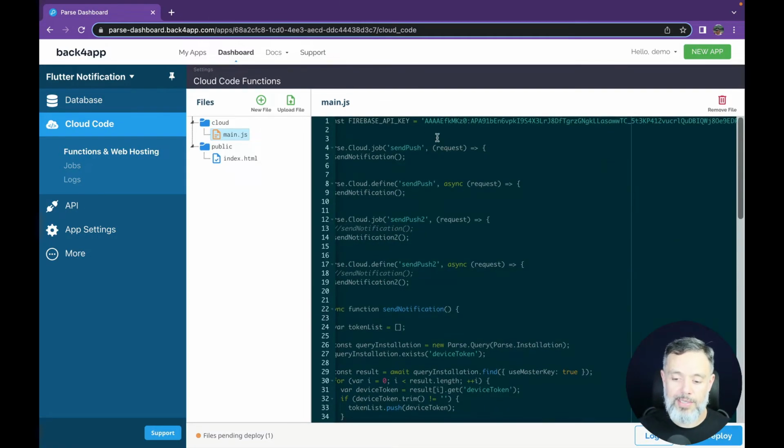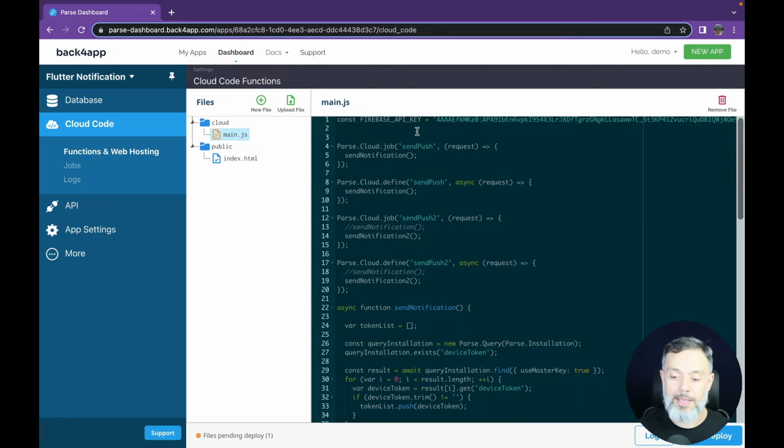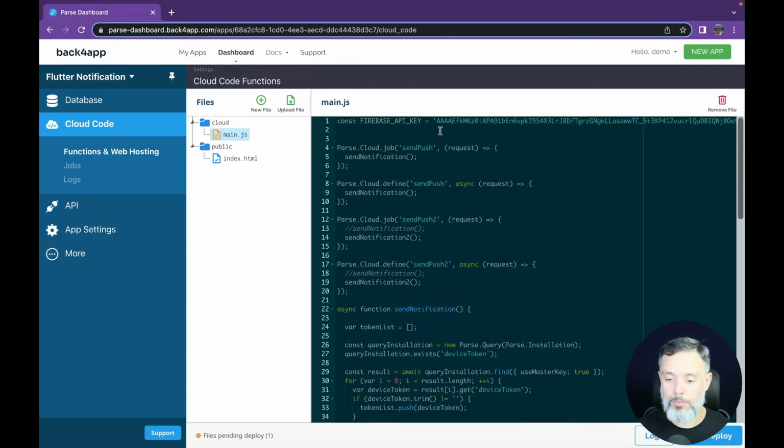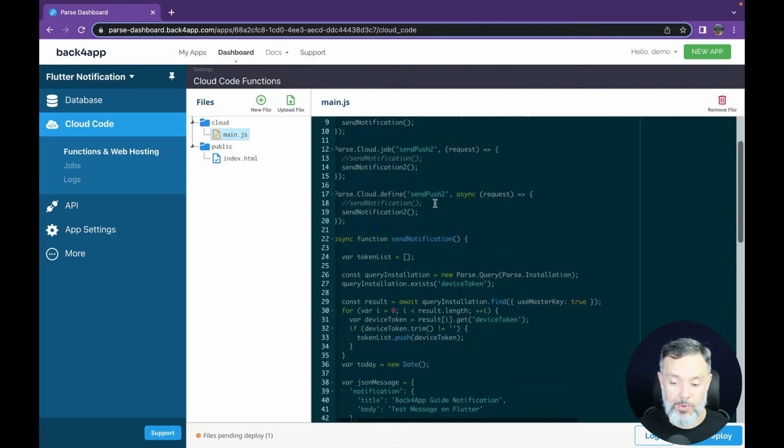Here on the very first line, I have a Firebase API key that I created, and it's working for my own project. Then I created a cloud job and a cloud function with the same name, sendPush, so I can start the operation through a cloud job or a cloud code function call. So both are here. Here's my cloud job and here is my cloud code function. Both have the same name, sendPush, and both call the same method,